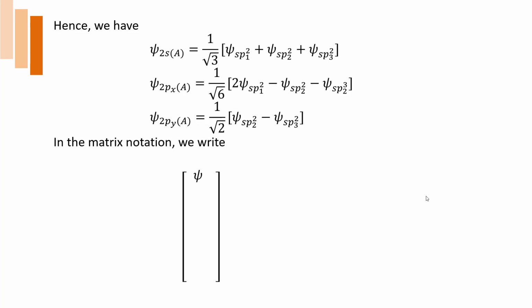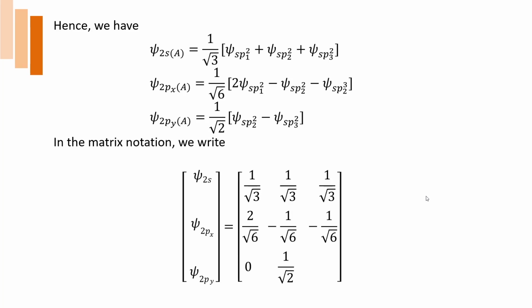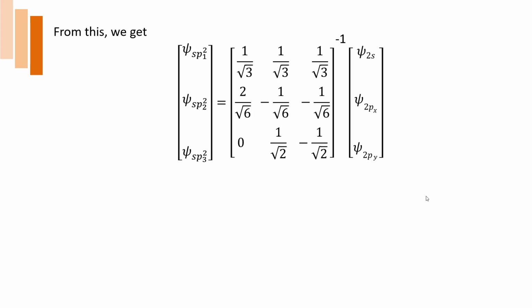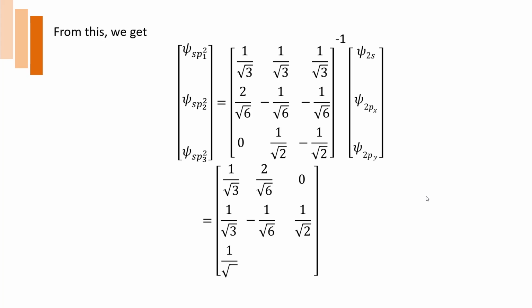Once we do it, we again put them into matrix notation, and if you want to talk in terms of hybrid orbitals, then we have to move the other matrix to the denominator. That will cause the inverse of the matrix. So you have sp2-1, sp2-2, sp2-3 equal to the inverse of these, that is, rows are transformed into columns, and you get this. So finally, in terms of matrix notation, we get something like this.